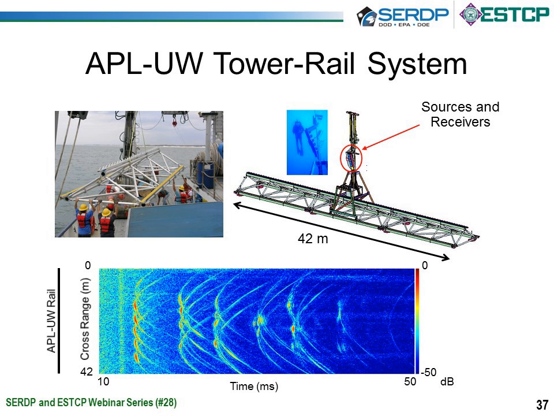Now this is the rail system that the APL-UW uses. It's over 40 meters long, and it has a sonar tower mounted on it. It has a source and several receivers on a vertical array. The low frequency source tends to emit data from about 3 to 30 kilohertz. And we had a high frequency source as well for the very last experiment in Bay X10, and I will be showing some comparisons between low frequency and high frequency data in some subsequent slides.